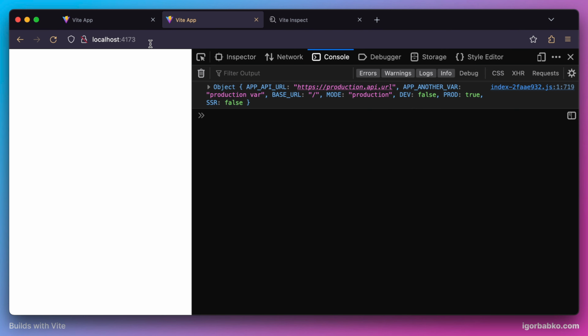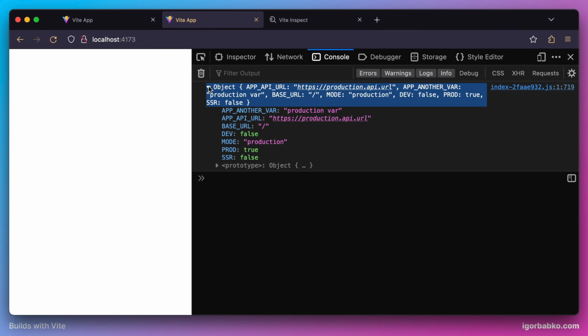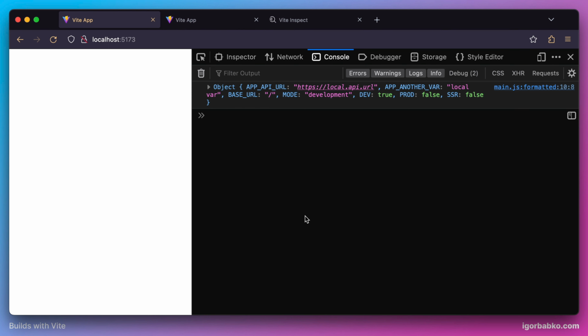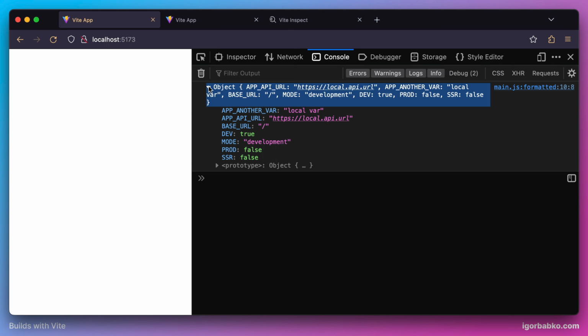And this time we see that these environment variables contain those values that were earlier specified in the file .env.production. And if we switch over to the first tab, where my development project is still running, here I'm seeing that those two variables have different values, the values from the .env file. And when we start the development server by running npm run dev